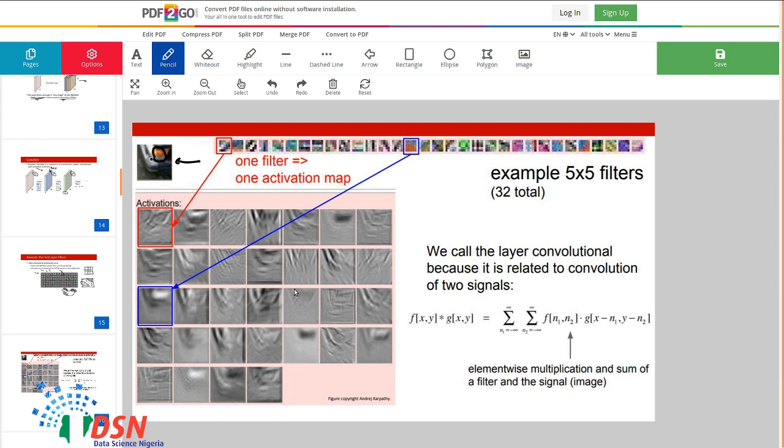So each filter somehow has a different duty to extract different features from the image, or decompose the image into different features, to make it easier for the network to get the decision, okay? And so this is the convolution that we talk about. It's just the element-wise multiplication of those signals, in fact, and then slide over the filters and do the same thing,